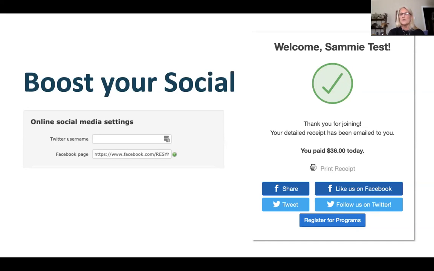If you do enter that information, all of your online users, when they complete a registration, whether it's for membership, programs, camp or childcare, will see, when they get to the checkout screen and the receipt screen, exactly what you see on your screen right now, where it says welcome Sammy Test. And down at the bottom, through this process, they can follow you on Facebook easily, or start following you on Twitter, and or tweet out or share on Facebook a posting about